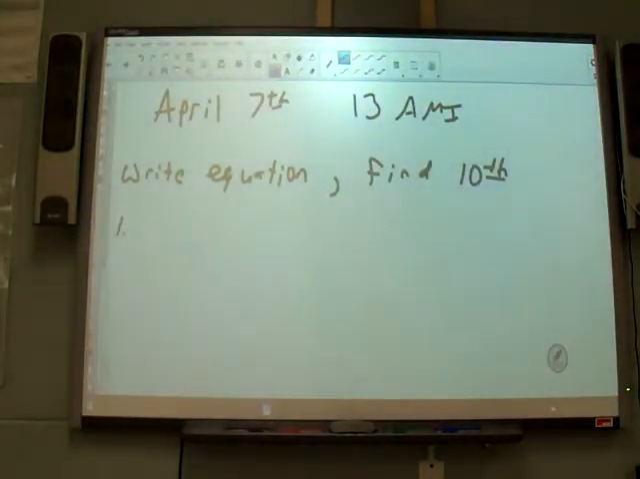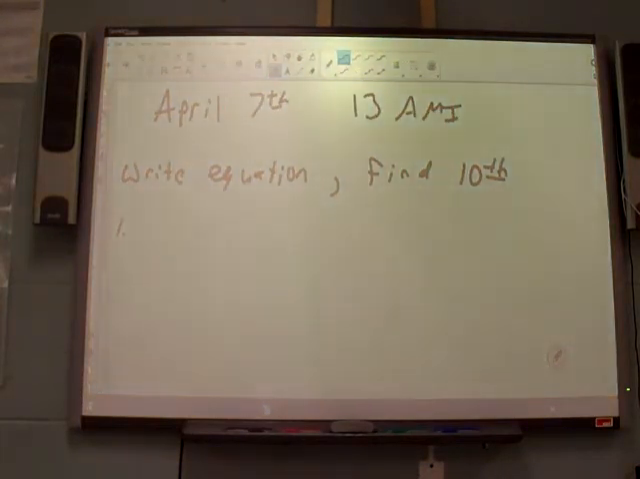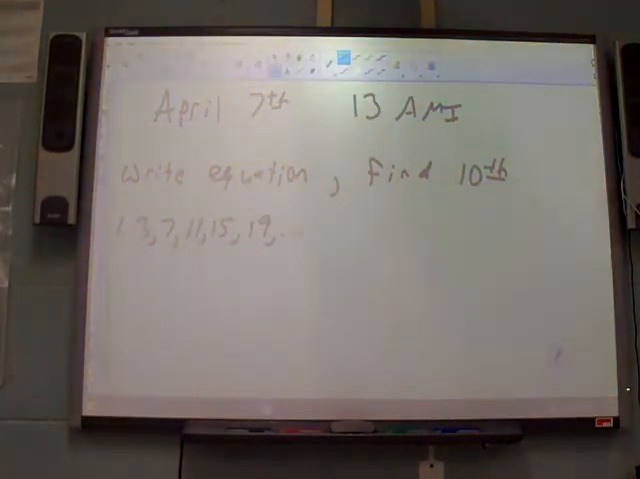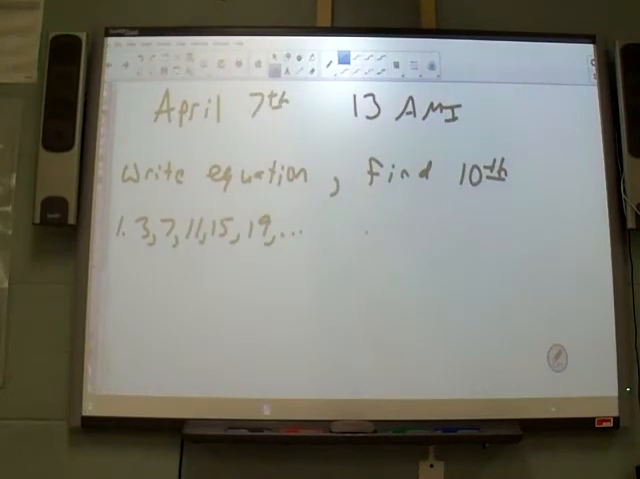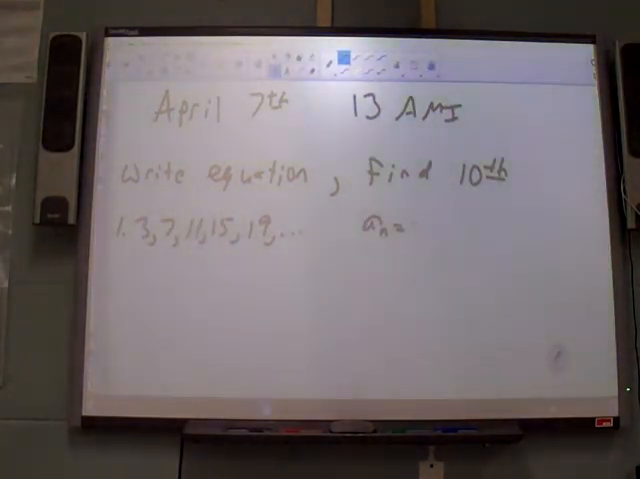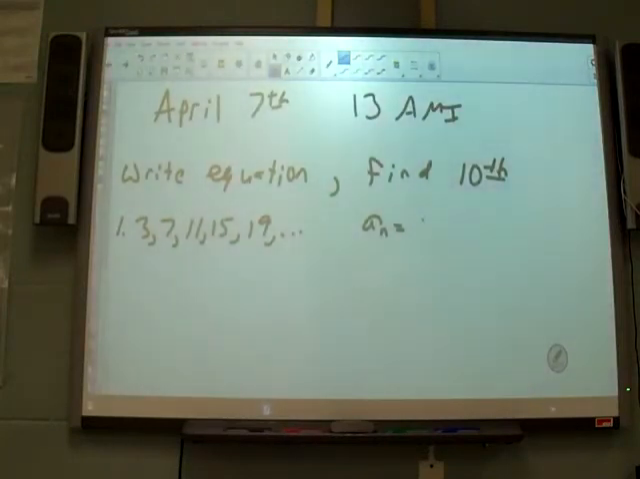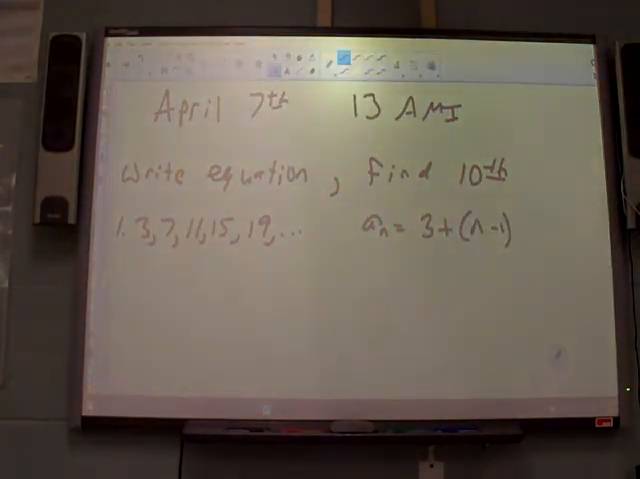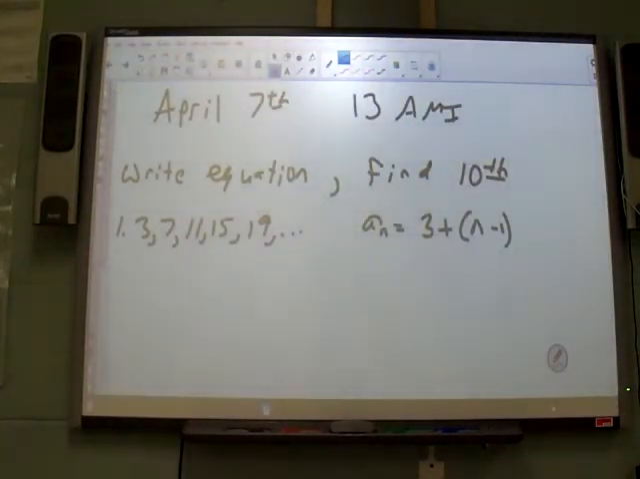For number 1 here, we've got 3, 7, 11, 15, 19. If we're going to write the equation, a sub n is equal to, what's our first term? 3, plus n minus 1 times our d. What's the d here? 3 plus 4 is 7, 7 plus 4 is 11, 11 plus 4 is 15, so